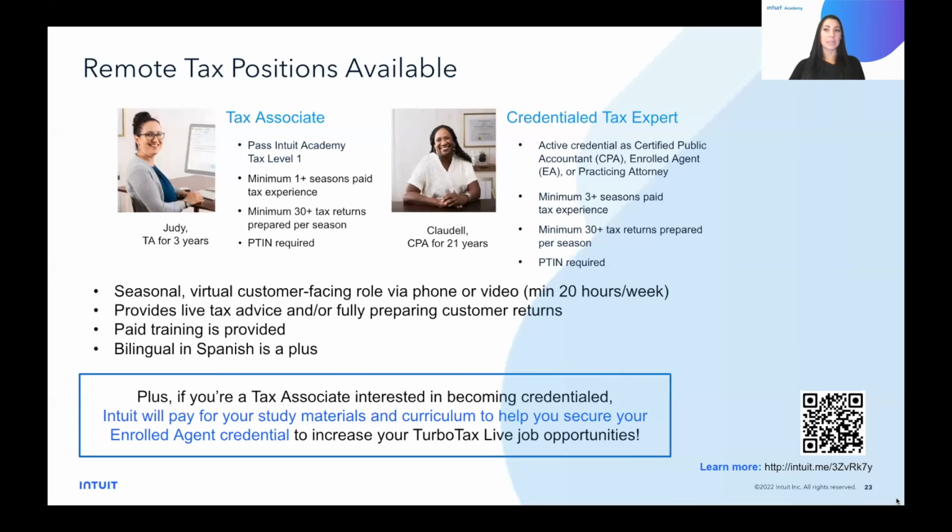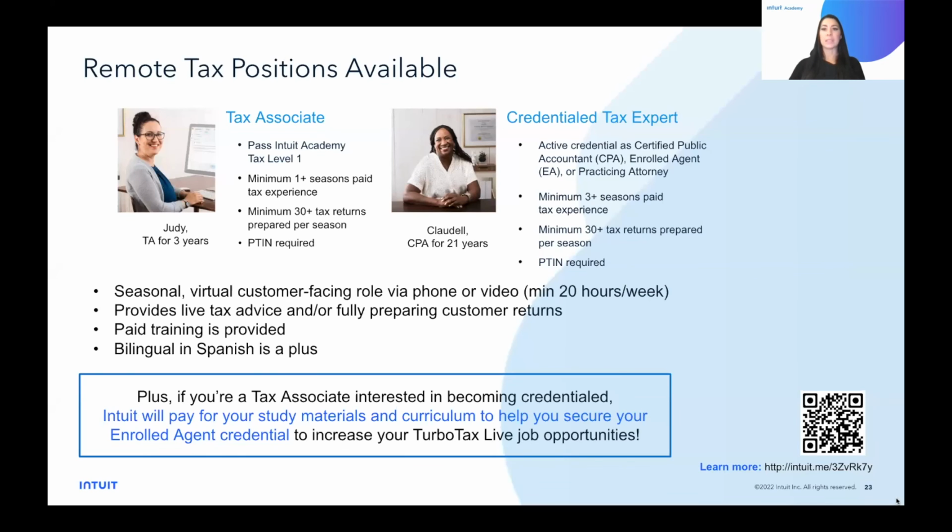So if you've passed tax level 1 or level 2, then you can qualify for our tax associate role, which is 1 year of paid tax experience instead of 3. Other qualifications for our tax associate role, which must be met to qualify for this role, is a minimum of 30 or more paid tax returns per season, and a P10 is required.